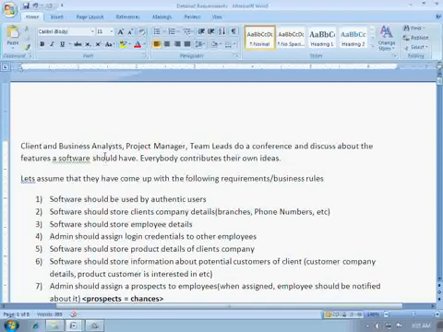For example, the client will give some 10 or 12 requirements, and the project manager will give his own ideas. Say the project manager gives 5 requirements, and the team leaders or senior engineers or executives give 5 more requirements, like that. So the whole group of people will